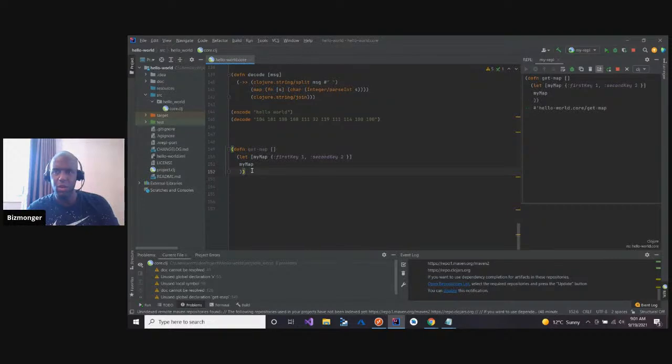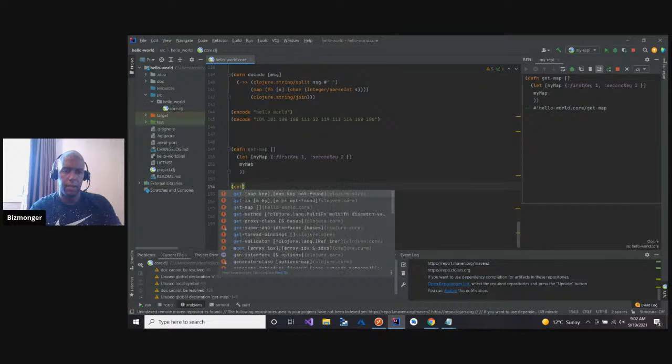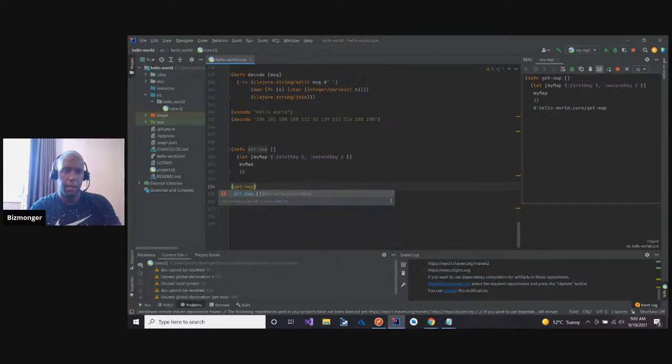Well, I mean, it compiles, right? And so then if I said get map, and then how does this work? I would just do that. What am I supposed to put there? Incorrect arity for.